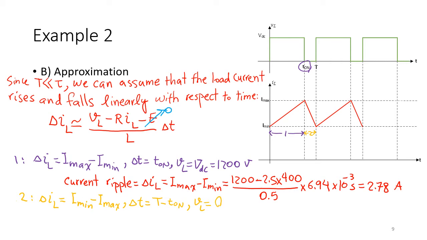Now, Imin minus Imax is equal to 0 minus 2.5, and we use IL average for IL. We calculated it earlier, given in the question, 400 over 0.5, multiplied by